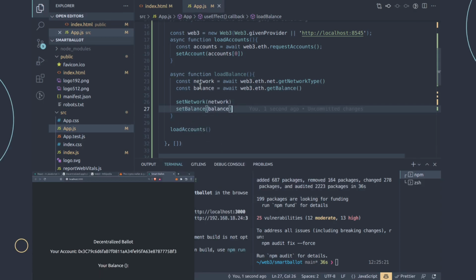Save that, and now that this function exists, what do we want to do? We want to call that function as well. So we want to copy this and do the same thing as in here, because otherwise this is just a function definition, just defining a function without actually calling it. So I want to make sure that that is actually being called. So we want to pass in loadBalance at the bottom. So save that, and now if you go back to our browser and we refresh our page,